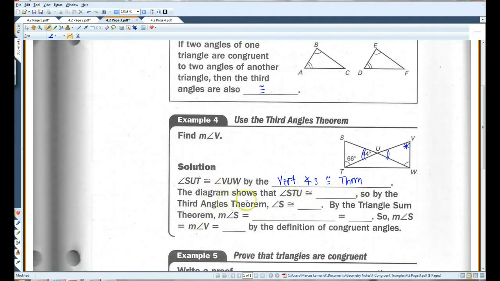The diagram shows that angle STU is congruent to angle VWS. No, it'd be